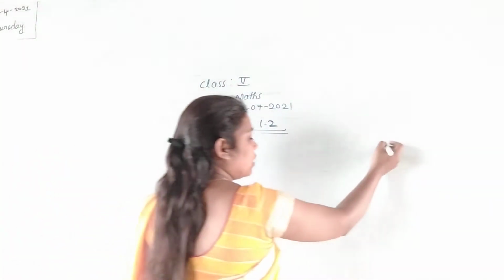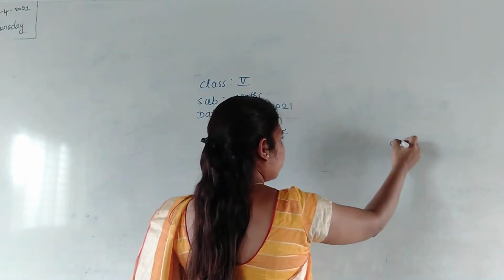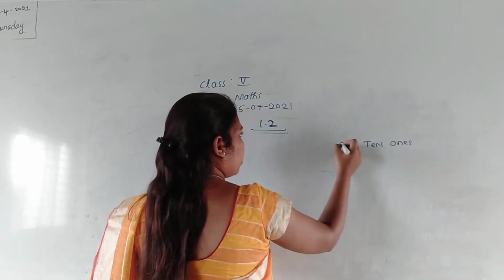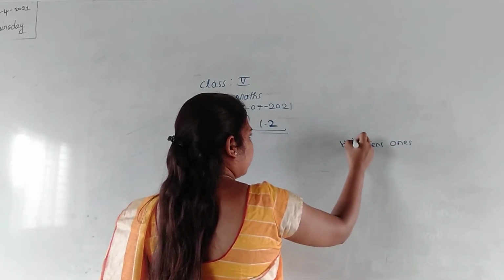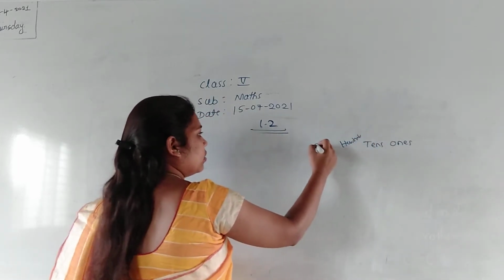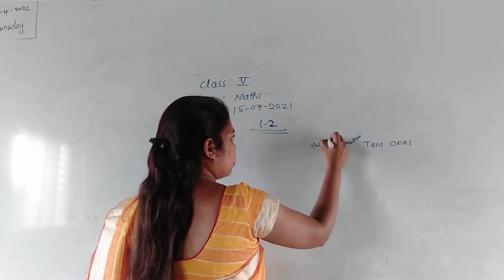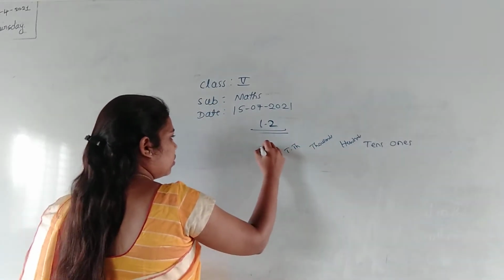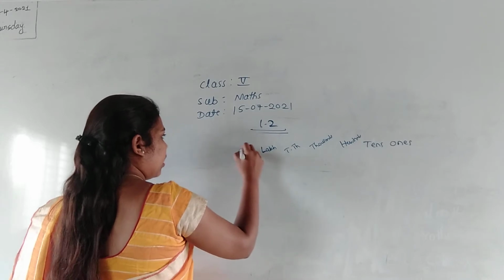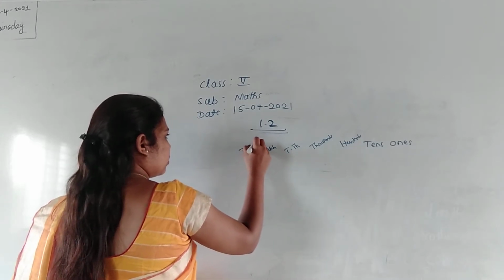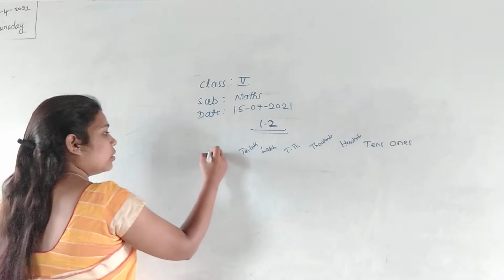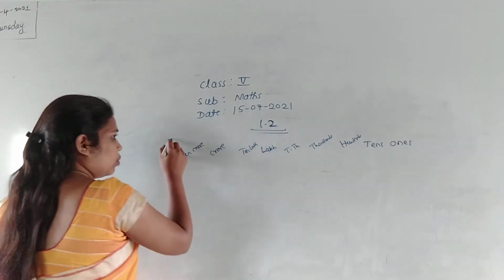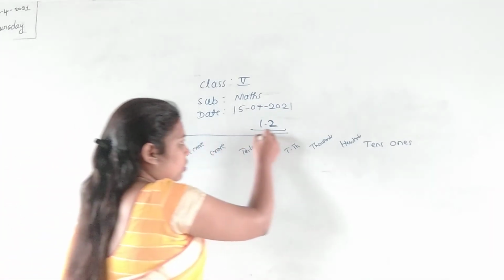Okay, so first write the place value chart here. That is ones. And here will be tens, this will be hundreds, okay, and here thousands, and here 10,000s, next lakh, and here 10 lakh, right, and after that crore, and here will be 10 crore. So this is the place value chart, right.